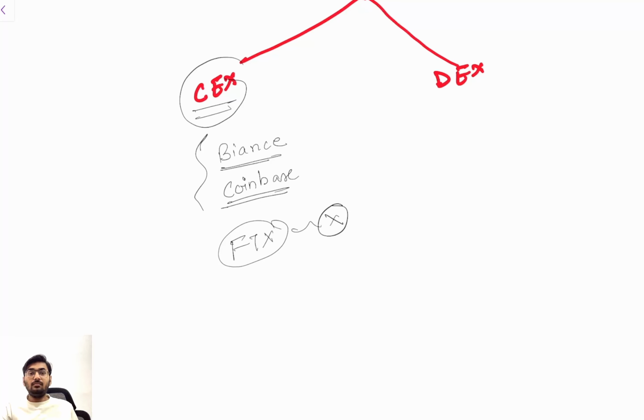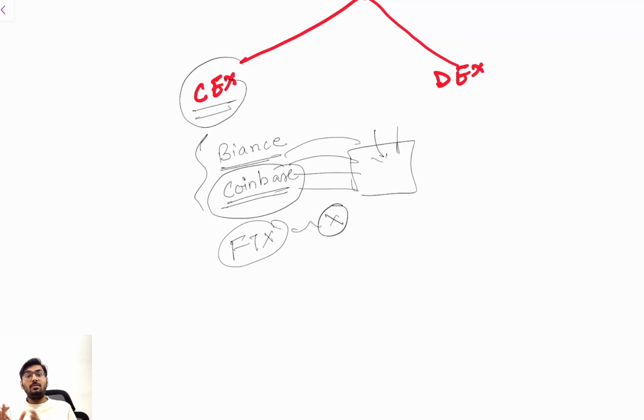Clear? So the problem here is that you do not fully control your crypto. They are stored on their server, a coin-based server where all these cryptocurrencies are stored. So if this system gets hacked, or if the company does some fraud, your money will be at risk, because everything is stored in this database. And if it is hacked or the company commits fraud, you are lost. There are no rules and regulations; it is not monitored by the government, nor by the central banks, nor any official government exchange.